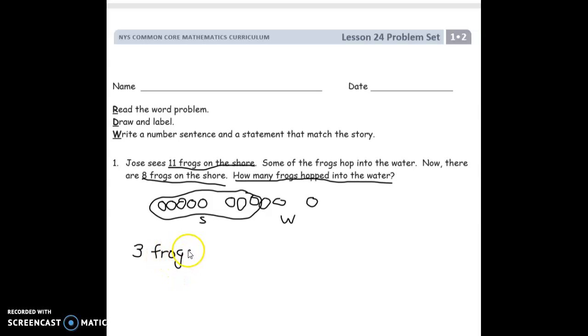And what did those 3 frogs do? They hopped into the water. It's right here in your question. We just used the question and rewrote it down here. We copied it. 3 frogs